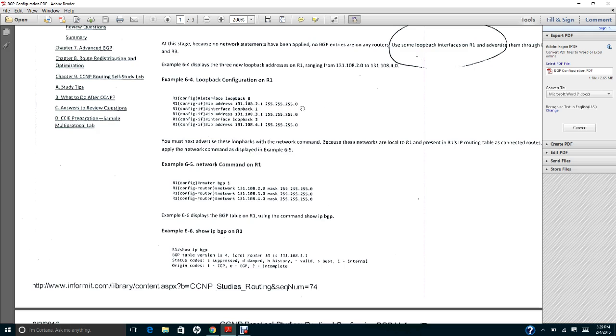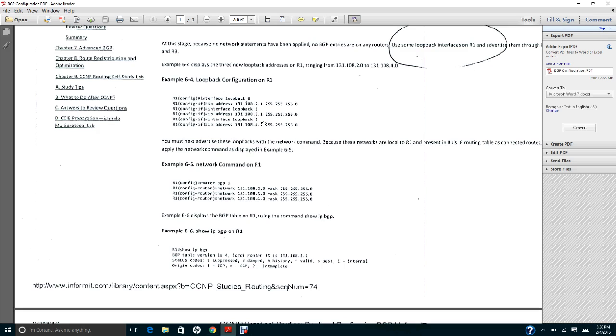Also, you are going to configure loopback 0, loopback 1, and loopback 2. Basically, interface loopback is like a virtual interface, like the default route.